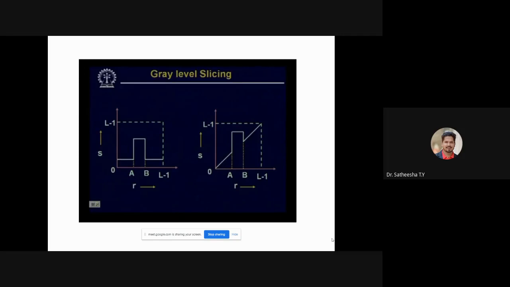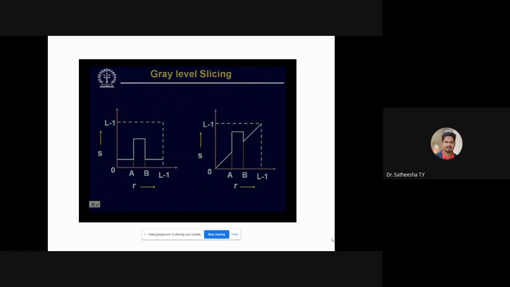In such cases, for enhancement, we can use the gray level slicing operation. The transformation function on the left says that for intensity levels in the range A to B, the image will be enhanced, and for all other intensity levels the pixels will be suppressed.